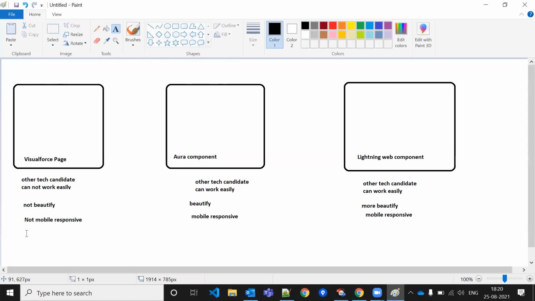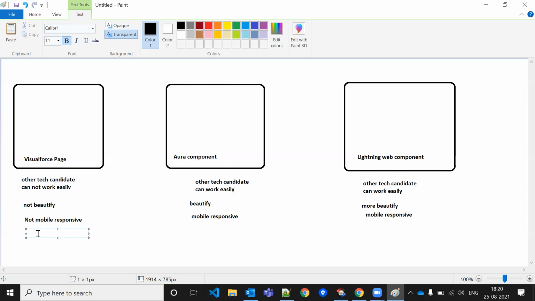Okay, so this is taking refresh time here, not taking less refresh time, and here we can say it's taking very less refresh time, because of one feature, cacheable equal to true.